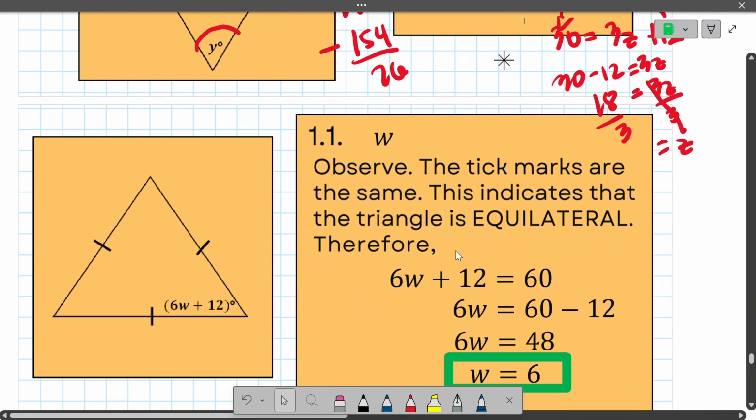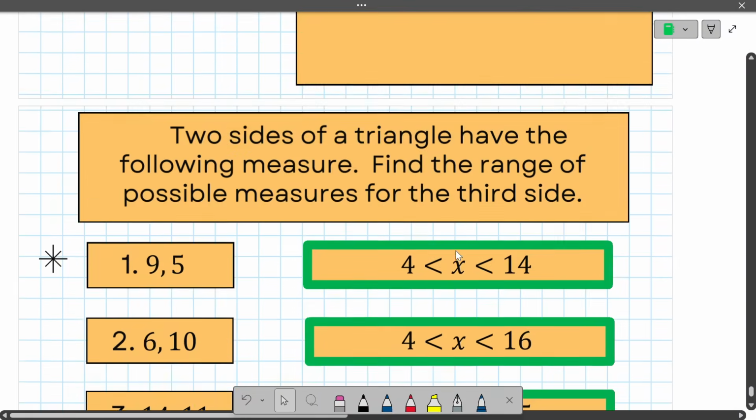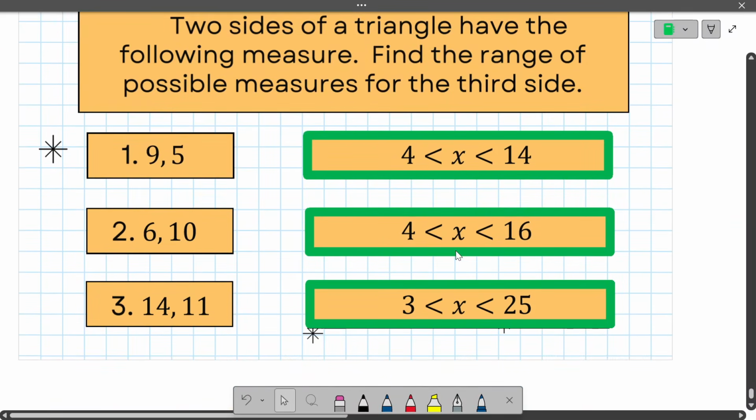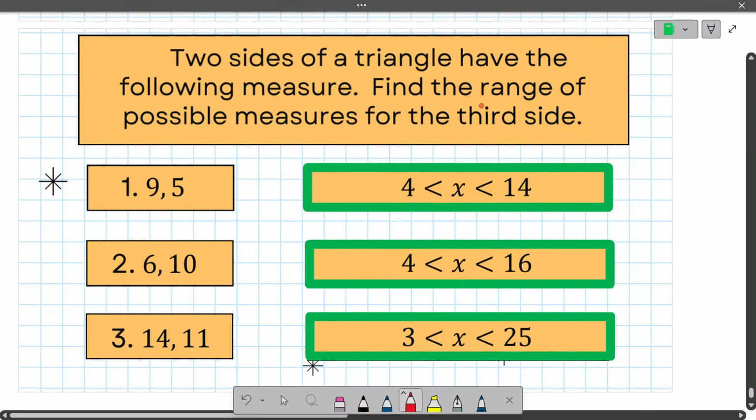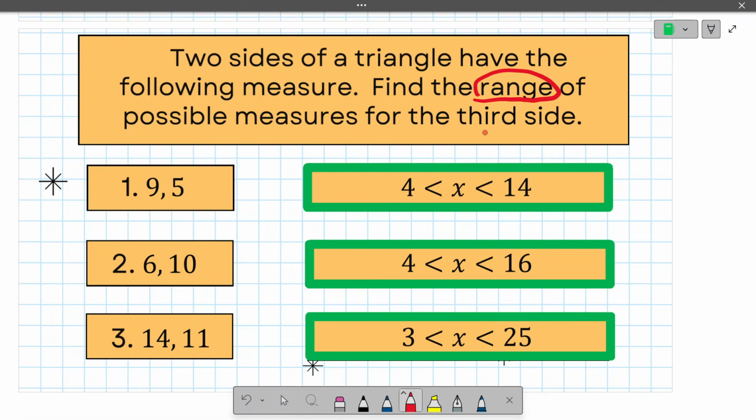Now we have the last one, which is eto. So paano ba yung nakuha? If the instruction is telling you to find the range of possible measures of the third side, eto na yan, na si X ang third side. Sa range, it will be any number that can be the side of the third, any number ng third side. So to get the range, which is x,